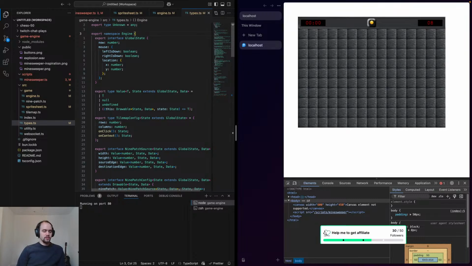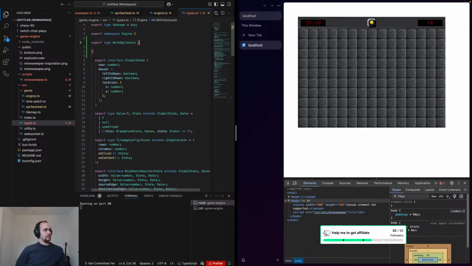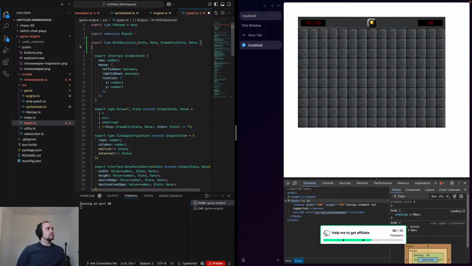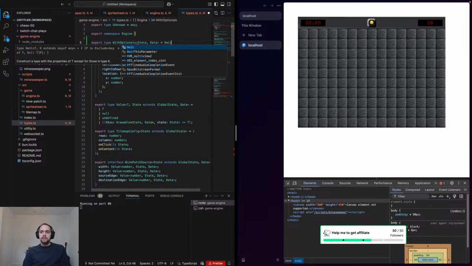We'll say export type WithOptionals. It will take a state data, drawable of state data, and it's going to have to be a type because what I want to do is say omit